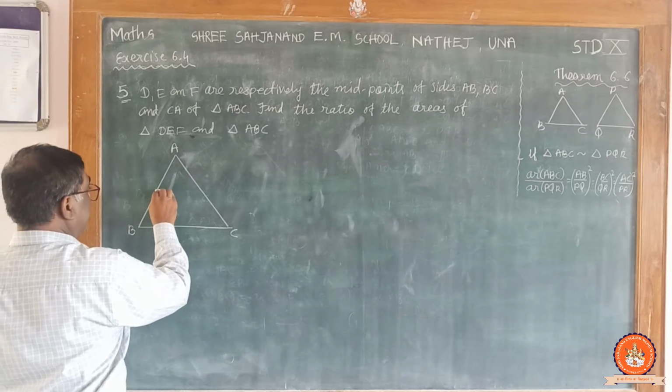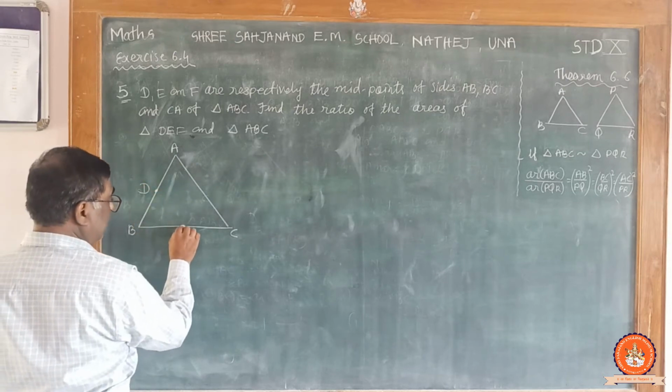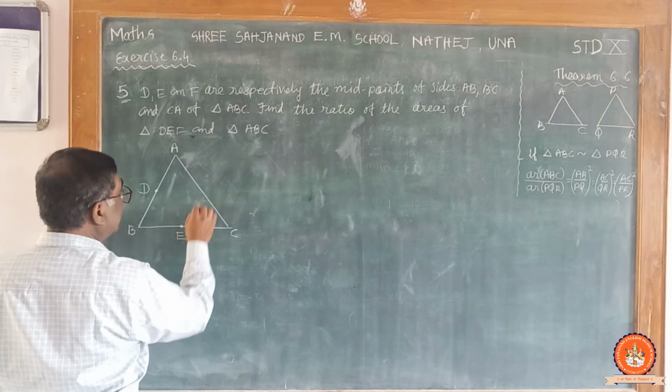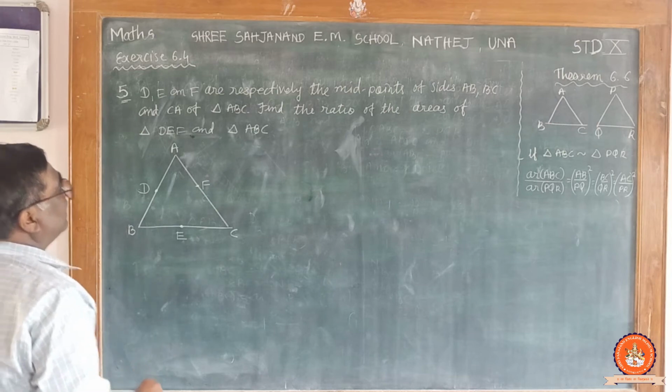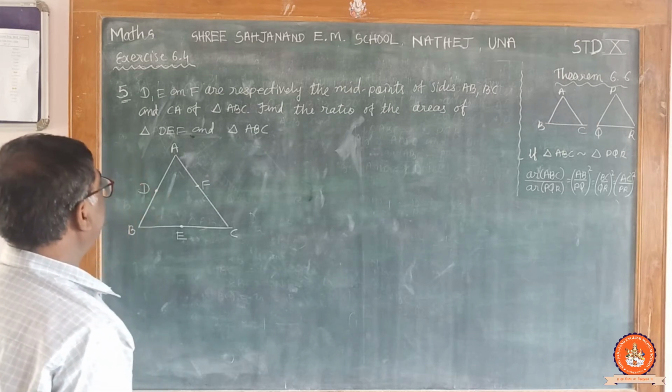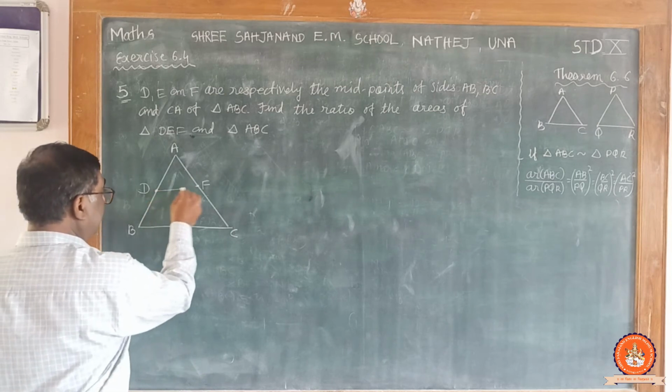D is the midpoint of AB, E is the midpoint of BC and F is the midpoint of CA. Find the ratio of the areas of triangle DEF and triangle ABC. So DEF,